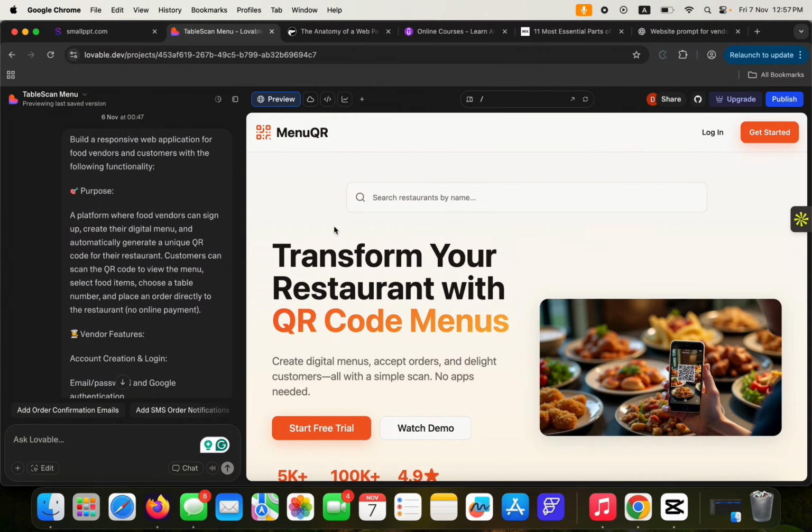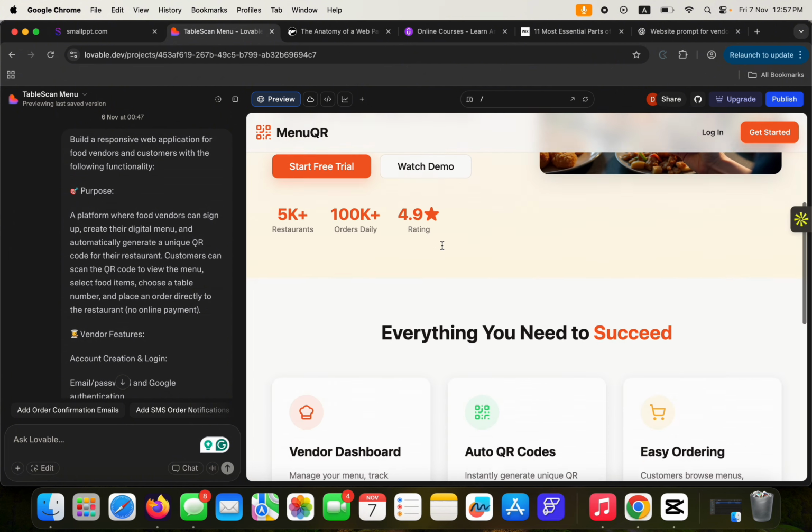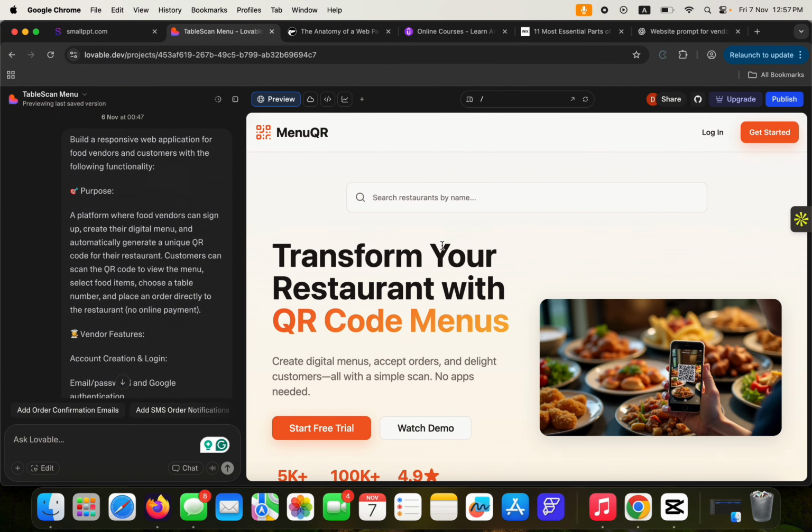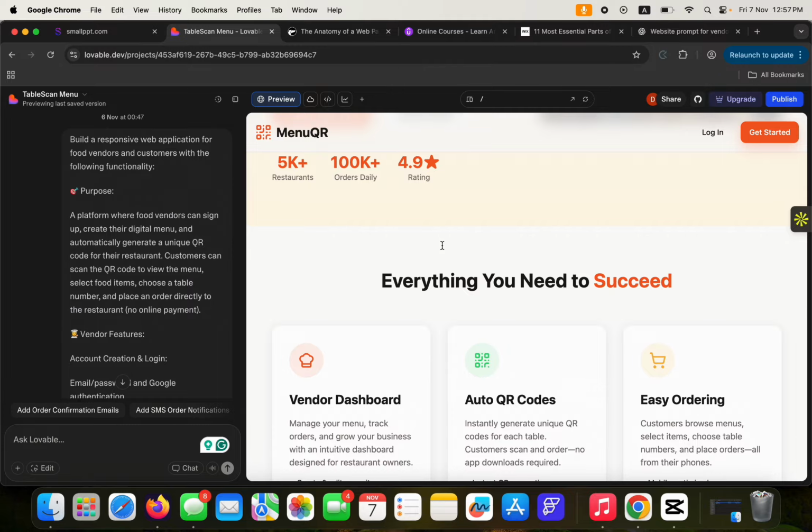In this particular case, a food menu website, more like a website that allows food vendors to create a food menu for their business, and then customers can just scan a QR code on a table and see the digital version of the food menu on their phone, and then select the food items that they want to buy, add them to their cart, and make payment. So that's what this course is about, and I'm super excited about this,